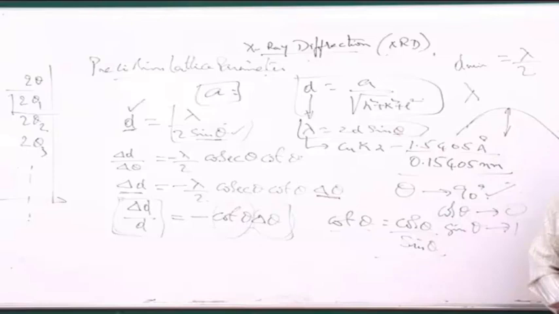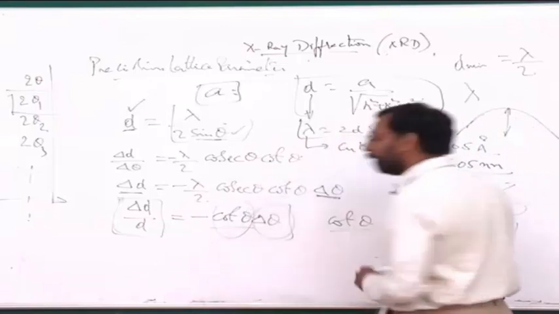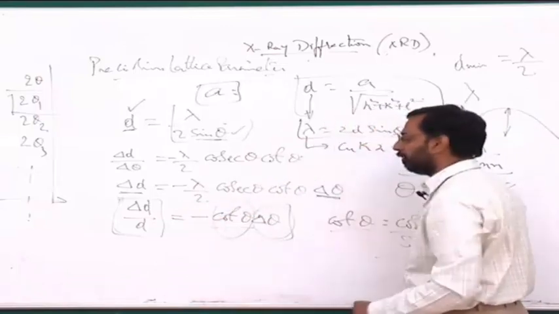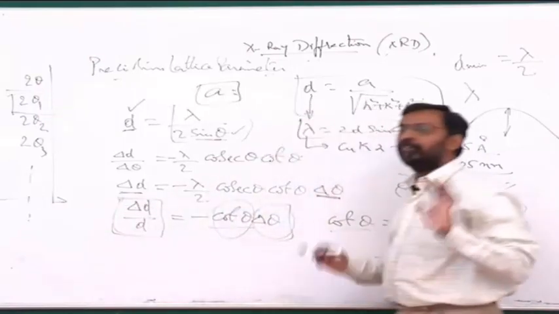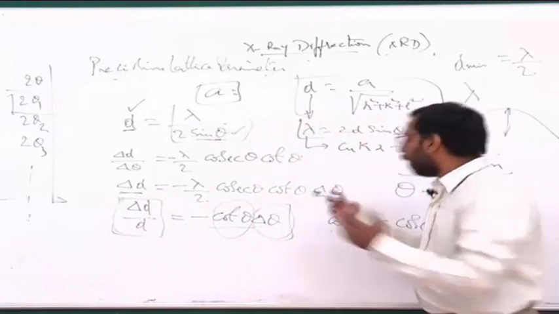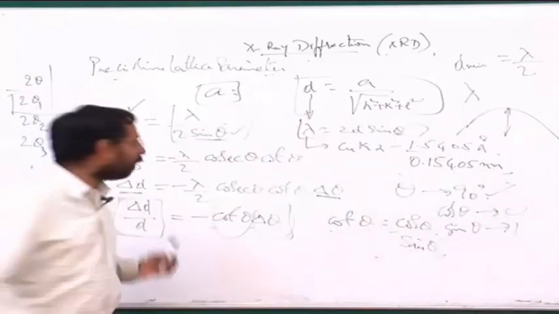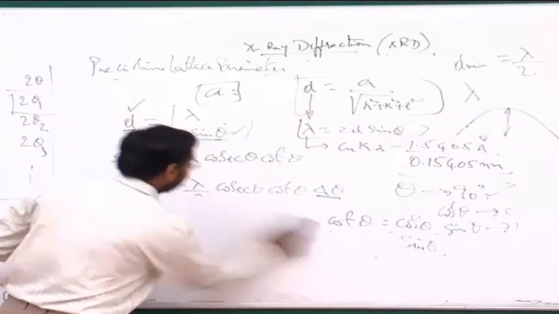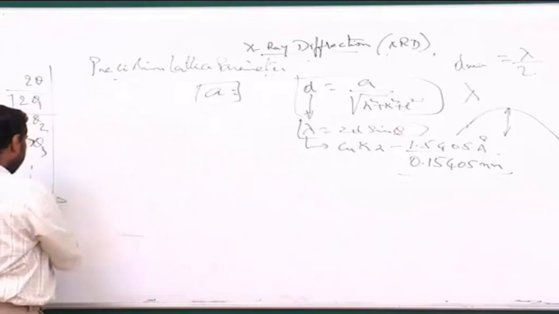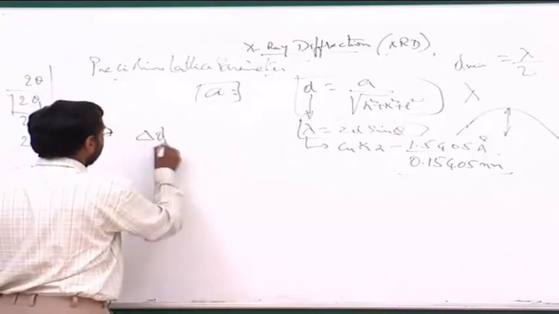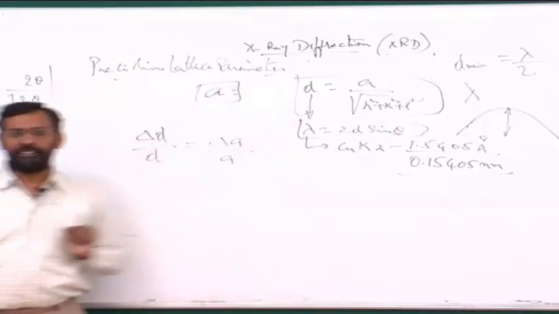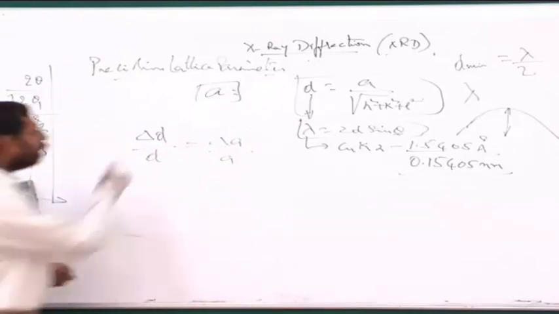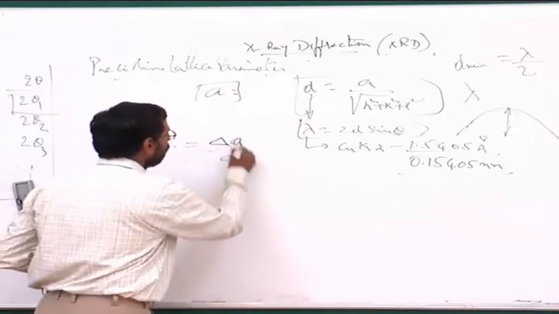So this is the principle that we use. Why do we go to high angle peaks? Why do we not use low angle peaks? It is because of this. If you go to high angle peaks, this becomes 0 at higher angles, and as a result, irrespective of my error in theta, my error in delta D will be very small. This is the principle that is used, and then people did a lot of analysis and found that this delta D by D can also be written as delta A by A, because I know that D and A are connected. And you can see that delta D by D can be written as delta A by A.